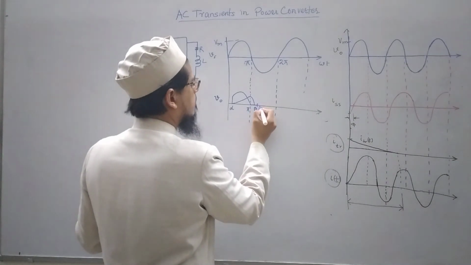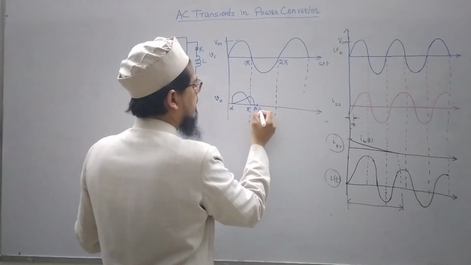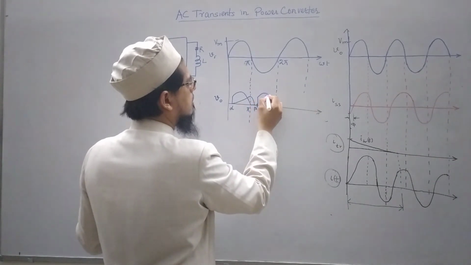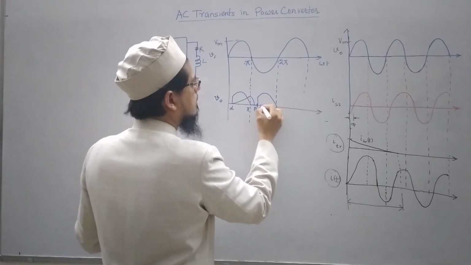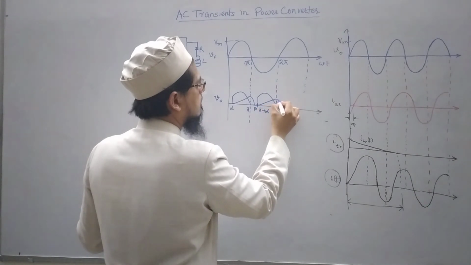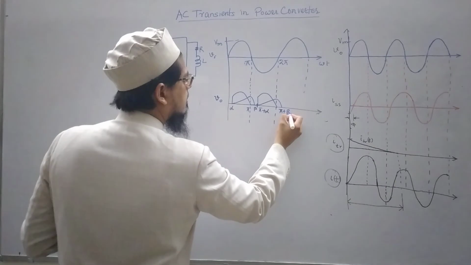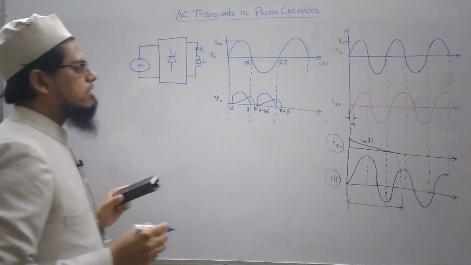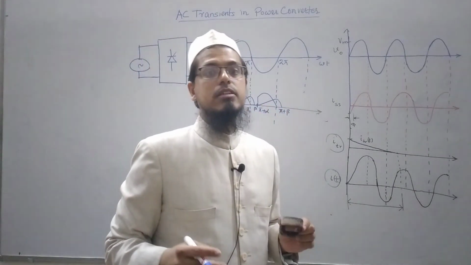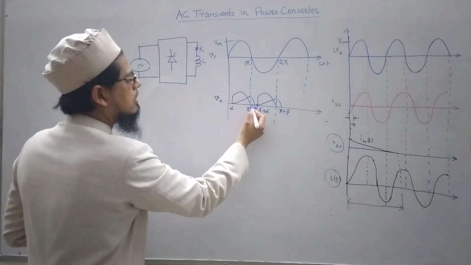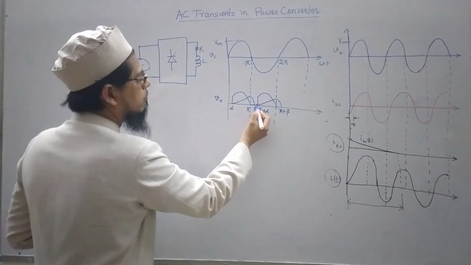Again from the value pi plus alpha, which is this value, the SCR is fired, current again increases and comes to 0 at pi plus beta. So this is the case when there is discontinuous conduction in the load. You could see that current is 0 for the duration